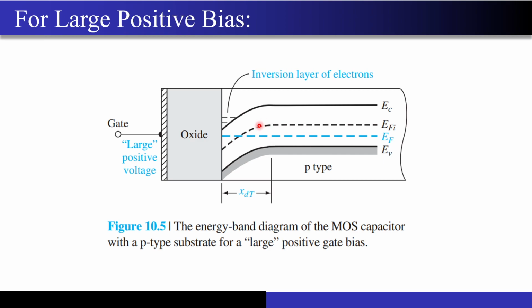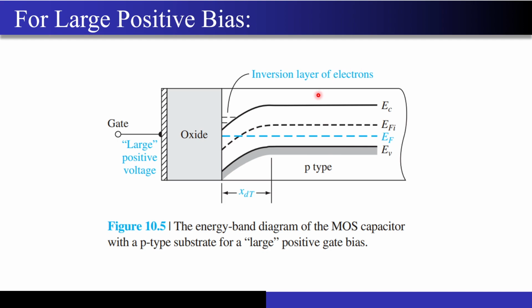The EFI has actually crossed the EF. If you look over here in the bulk, the Fermi level is between the EFI and EV, and that's why your semiconductor material is still a p-type semiconductor. But the moment I look over here, you can see that this Fermi level is actually between the conduction band and this intrinsic Fermi level. And what did I tell you? When the Fermi level is in between the conduction band and the intrinsic Fermi level, you get n-type semiconductor material,